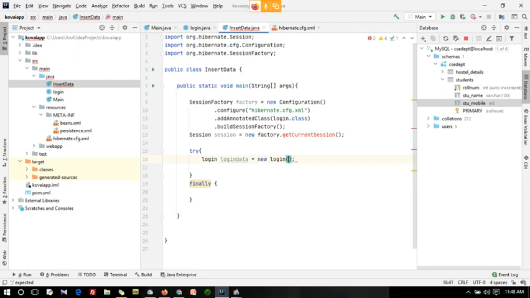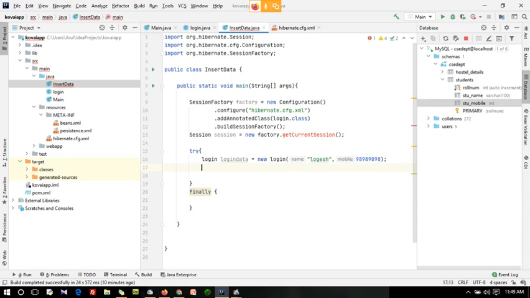Inside this bracket, if you give any value like Lokesh comma, see, it is automatically showing the label. I'm just going to give the mobile number. If you give a value like this, it will be passed to my constructor, and that constructor will initialize the value to my name and mobile number. So this will get mapped to my database, and this data will get sent to the database and stored in the table. So this is one method.